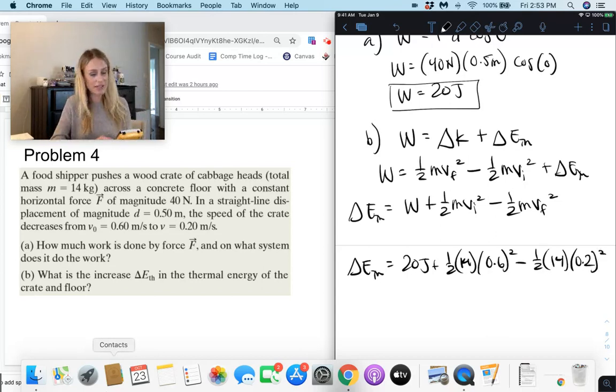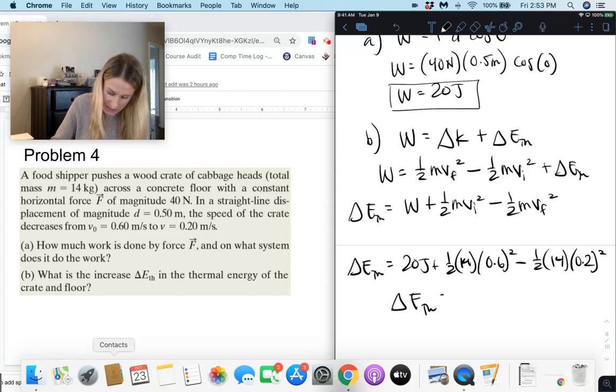Sorry, I dropped my units; I was running out of room. So 20 plus the quantity 0.5 times 14 times 0.6 squared, minus the quantity 0.5 times 14 times 0.2 squared. And I end up getting that my change in thermal energy is equal to